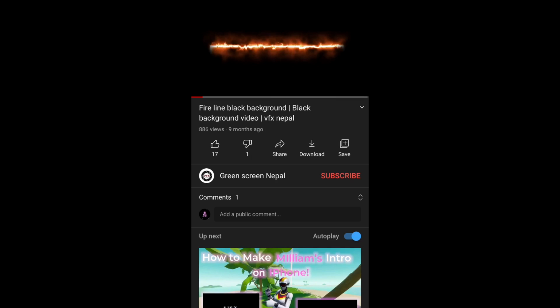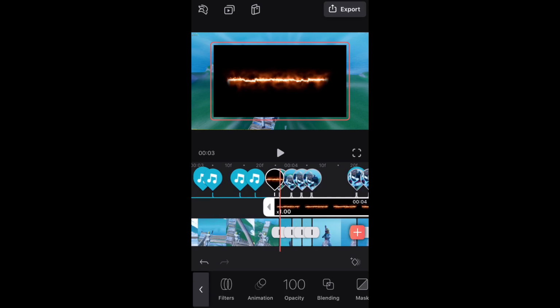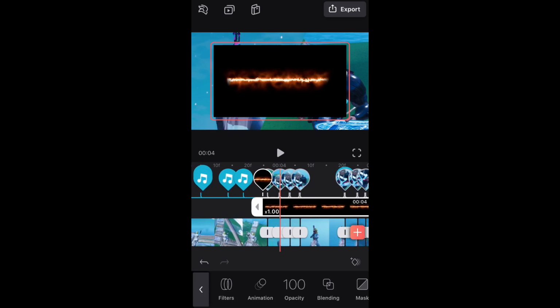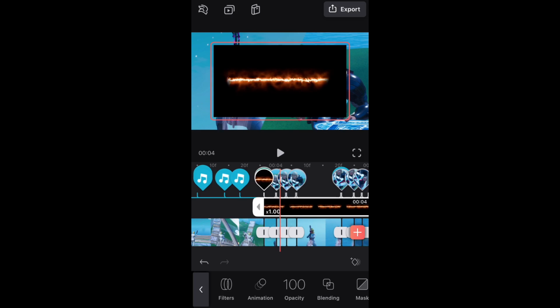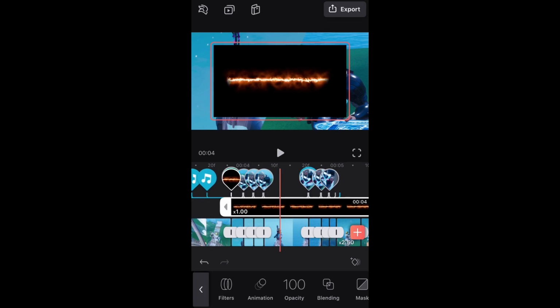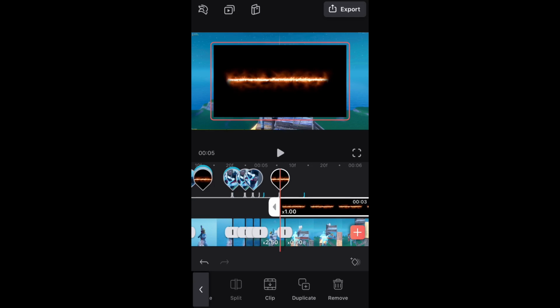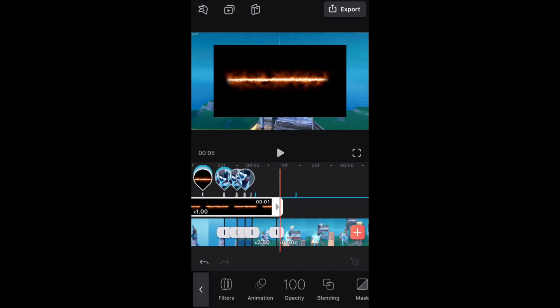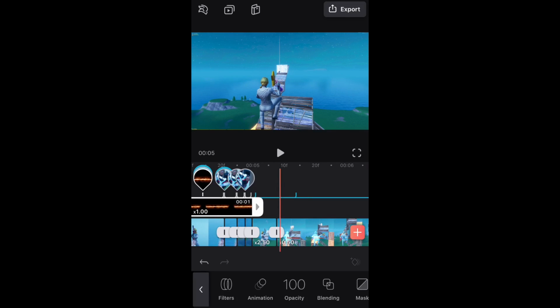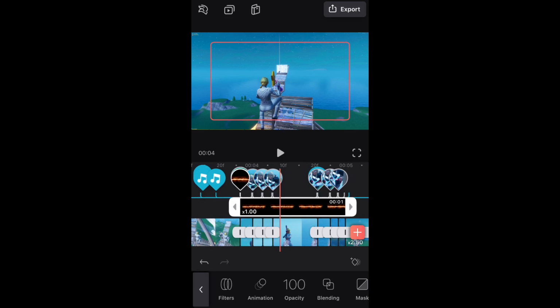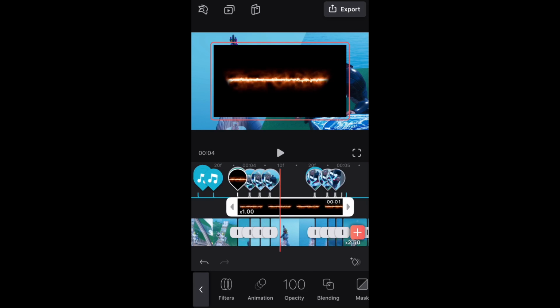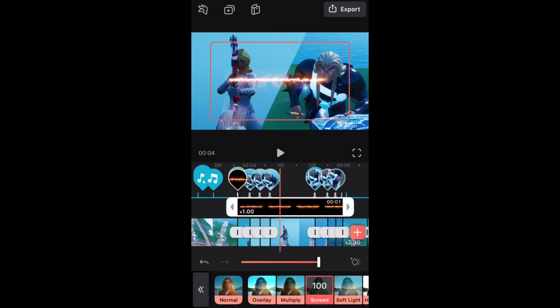We do not have to worry about the color because we can actually go into our app and change the color of this. Alright, so I got my fire right here, and now I'm just going to crop it in with the cinematic. Like that, should click right on. And then to make all the black go away, we can go to blending and go to screen, and it just does that. And now we just have to line this up with the line,